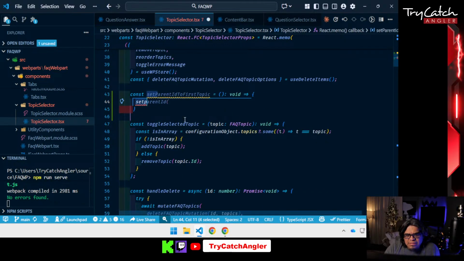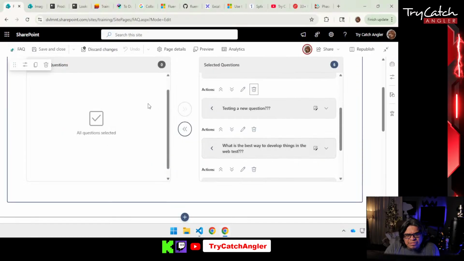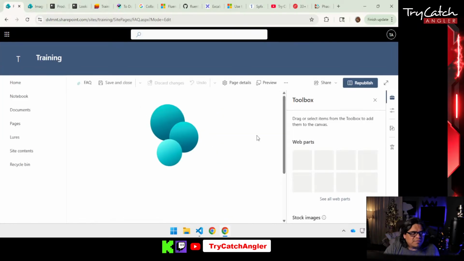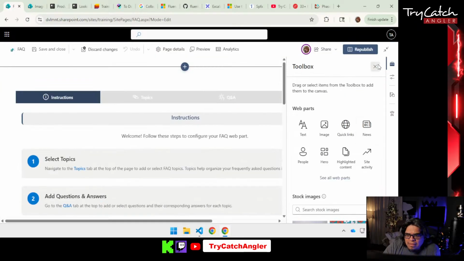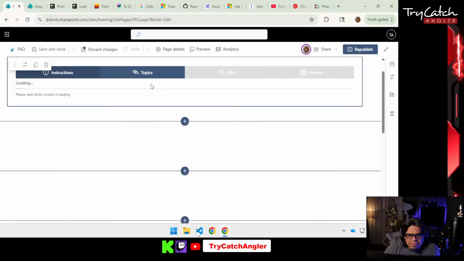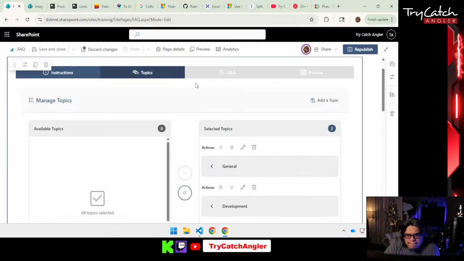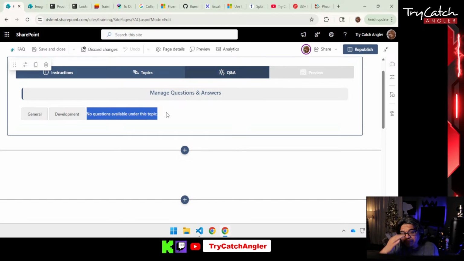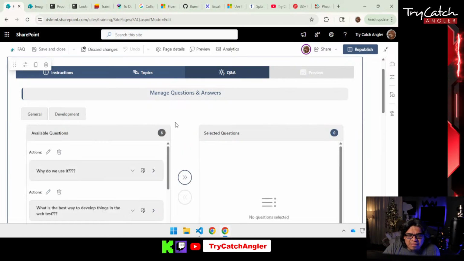So what I was originally thinking is, since we're switching from the topic selector to the question answer, I thought that instead of having... because right now what's happening is the following. I open the page, the page loads, and when the page loads, I go into select my topics, I go to my questions, and you can see that none of the tabs are selected. That's why I'm getting this message, which shouldn't be appearing. That's another issue that I have to fix. But nevertheless, when I click on general,